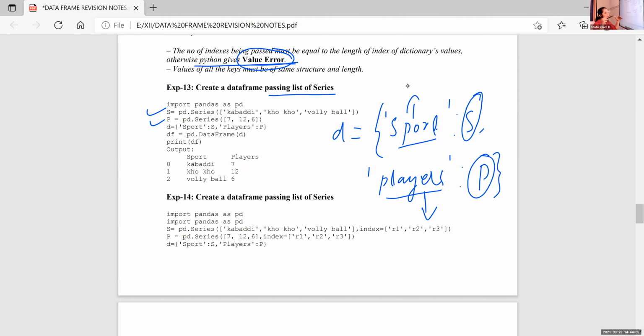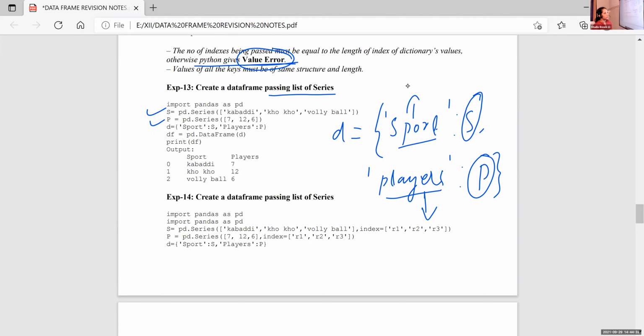After that, we are using those series along with this dictionary. So sport colon S, then players colon P. The statement will replace this S with the kabaddi, kho-kho, volleyball values, and this P is replaced with 7, 12 and 6.